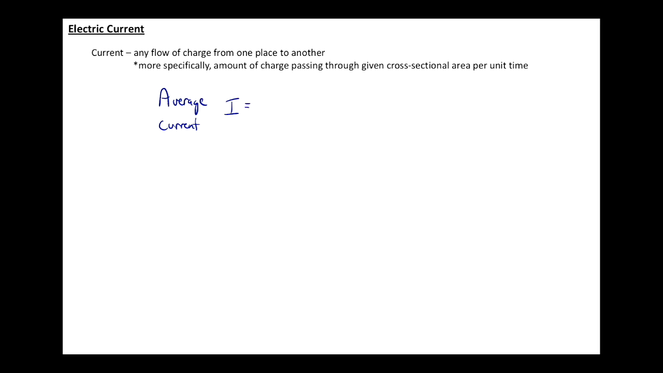So the current I, the average current, we should put a bar over that, is an amount of charge that passes by in a given amount of time. So it's a rate of charge flow through a particular region or area. If we wanted to instead make this an instantaneous current,